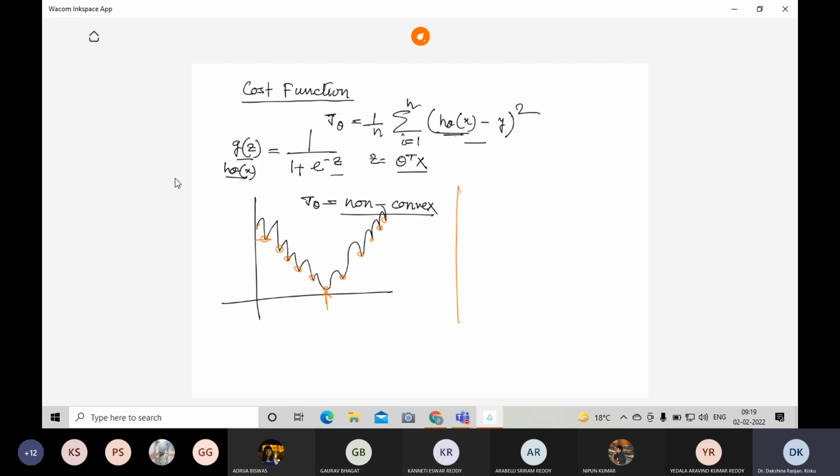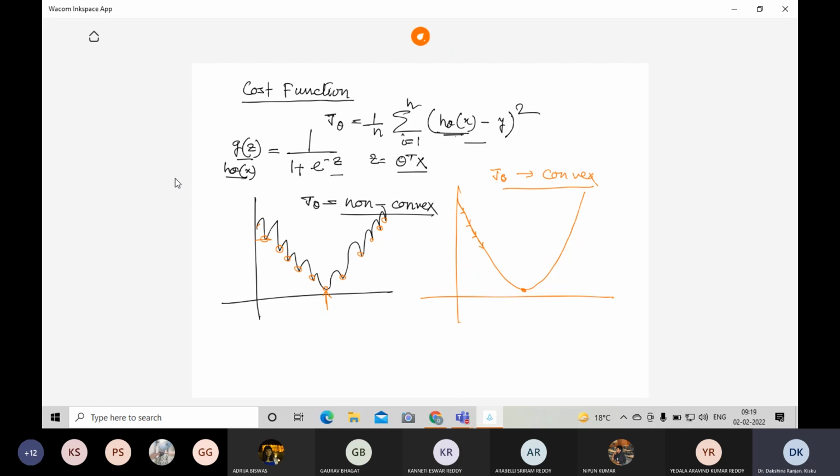So we need some other error function which will give a convex function. In a convex function, there is only one global minima, which can be reached through gradient descent much more quickly than in a non-convex function. In the non-convex function determined using the least square function, there are a number of local minima. But if we use some other cost function for logistic regression, then